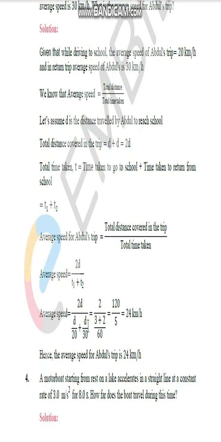Okay, now d by 20, if I solve this, I'll explain. It is 30d. Where does 3 plus 2 by 60 come from? I'll explain here. 30d plus 20d divided by 600. On the upper side, 3 plus 2, 30 plus 20 is the whole. If I take that, the 0 0 will get cancelled out and the d will get cancelled out. That's why 2 divided by 3 plus 2 divided by 60. From there 120 by 5, that is 24 kilometers per hour.